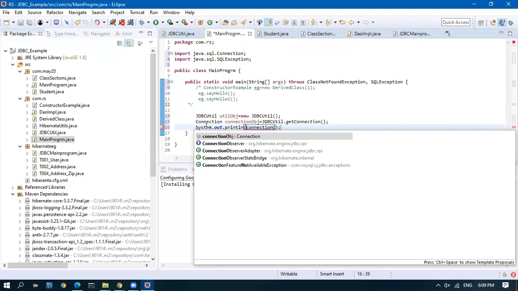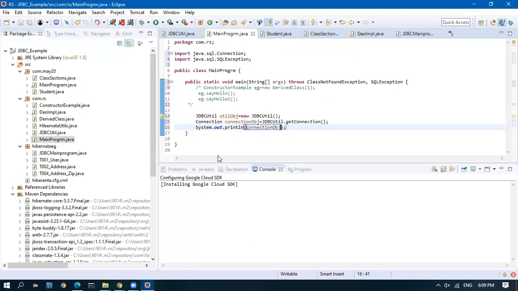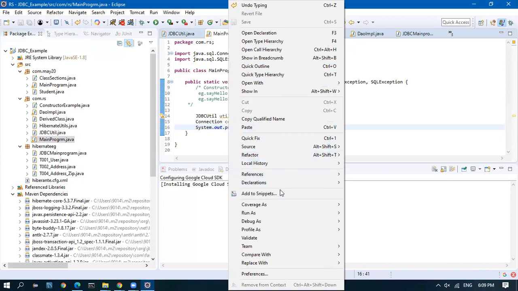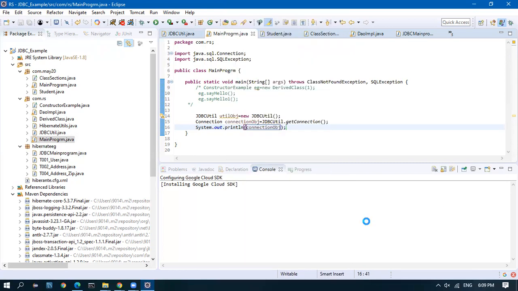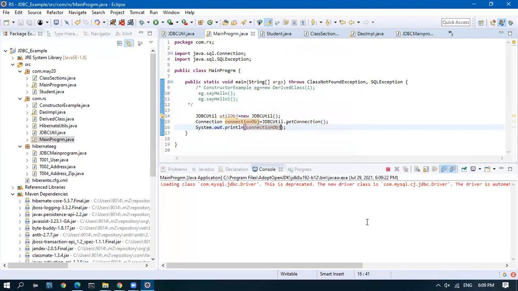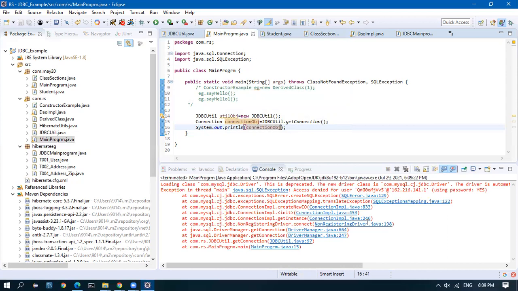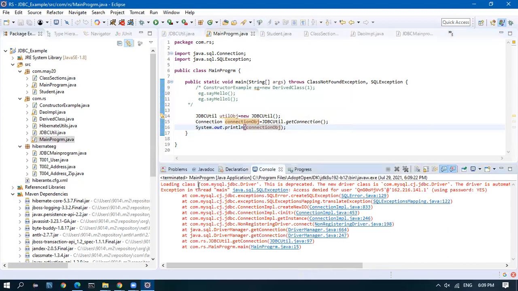So the connection object, when I try to print that connection, let me see. Run that. Okay, so the new driver class is com.mysql... Okay, so I'll copy this.